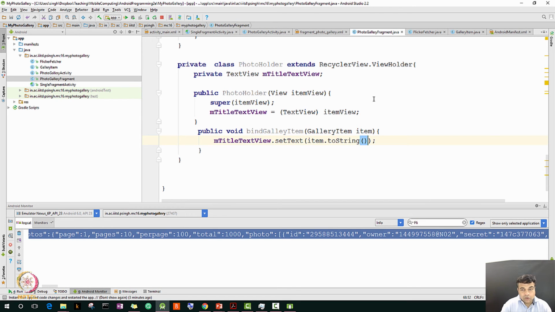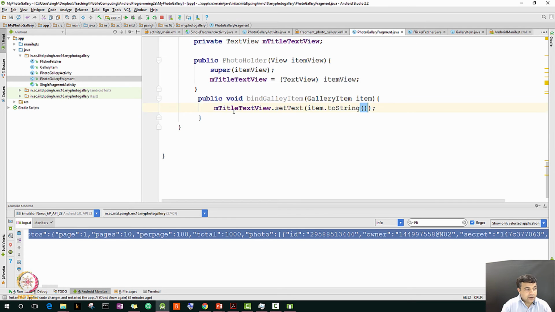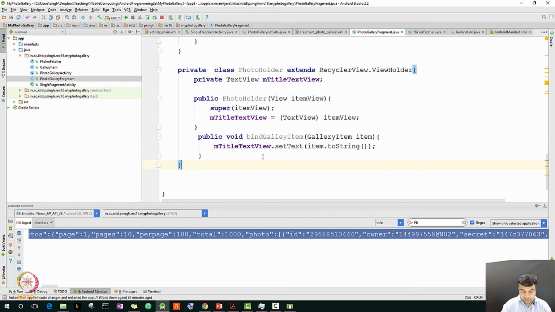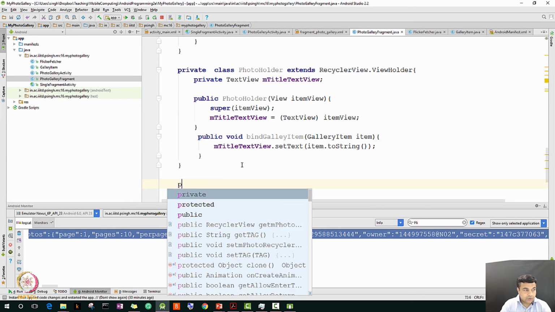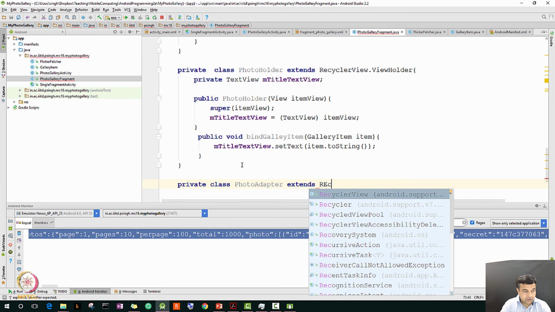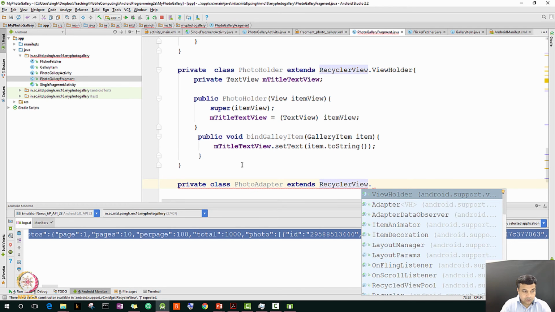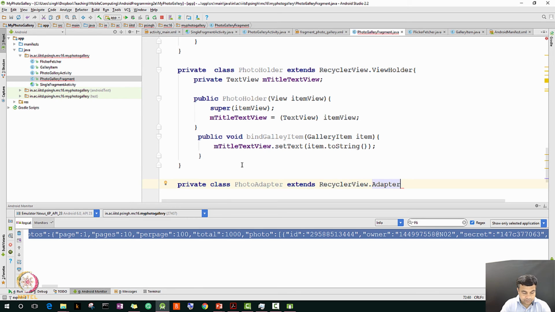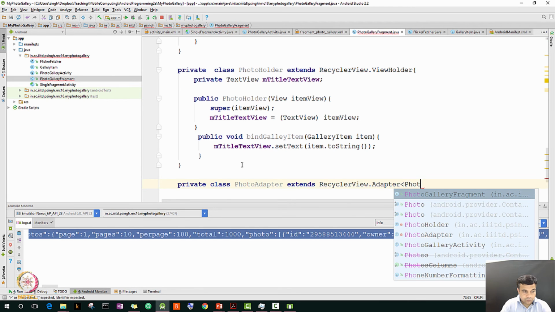So we have added a view holder. Now we have to add an adapter. So let us start writing an adapter for our application after the view holder. So private class, we will call it PhotoAdapter, and as usual it will extend the RecyclerView.Adapter of PhotoHolder,